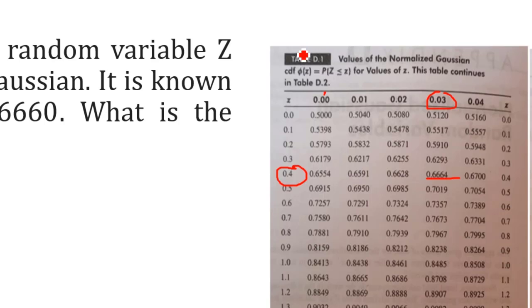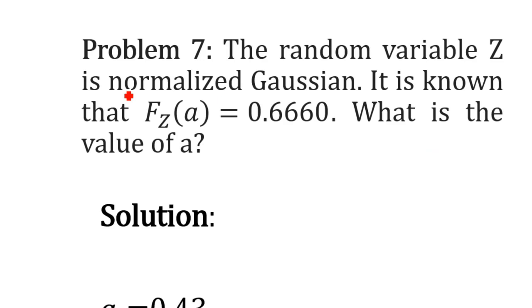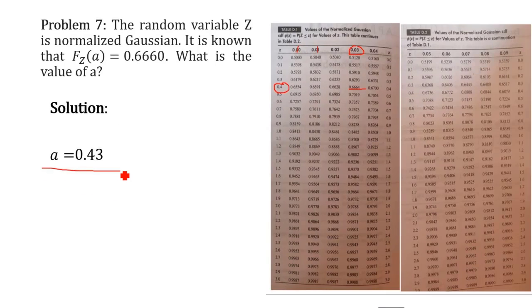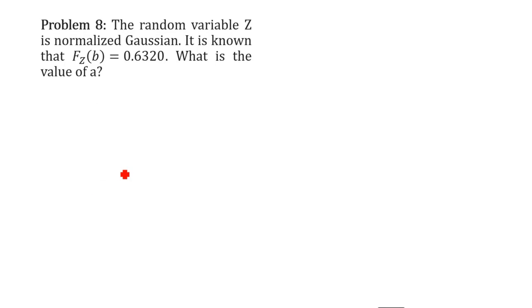Don't get confused, here one extra zero is added. You should not write this as 0.403, that's not the case here. It should be 0.43 itself, right? So what should be the result here? What is the value of A? It is 0.43. Keep that point in mind. So referring to the table and writing the answer, that's it, right?